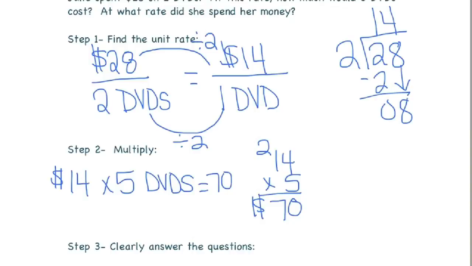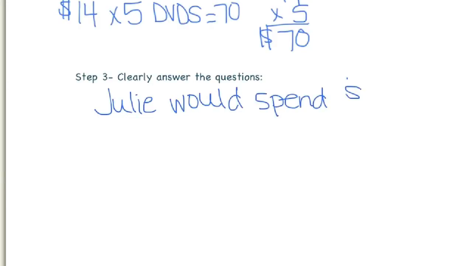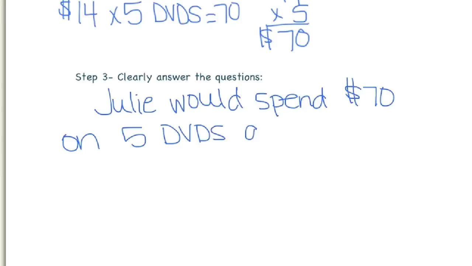And finally, we want to make sure our answer is very clear. So the way that we would write our final answer is that Julie would spend $70 on 5 DVDs at a rate, which in this case means the price, of $14